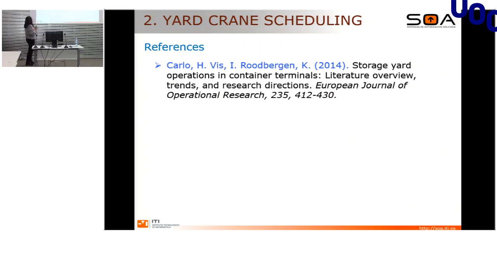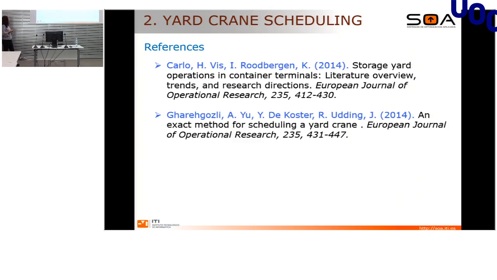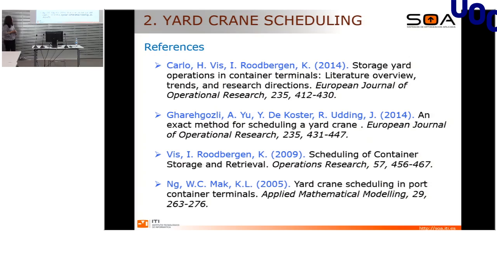So several authors are already working on this kind of problem. We have several references here, but most of them are focused on exact methods for the problem, and they do not consider the input-output congestion. They assume that there is always an available input-output. So we want to consider this congestion because we think it's our main contribution to the problem. Because in the literature until now, they don't consider this constraint.